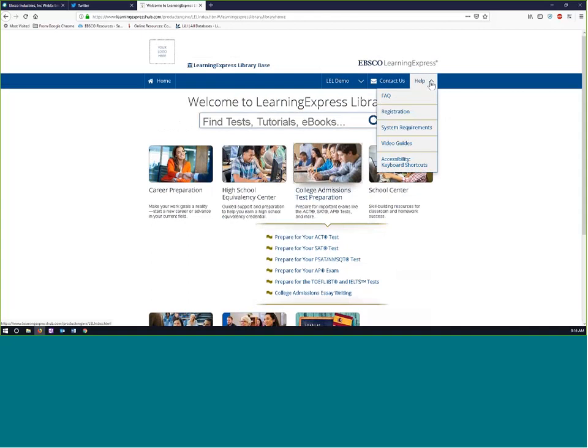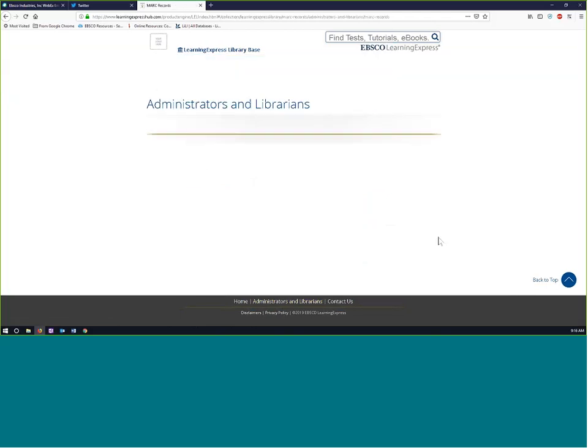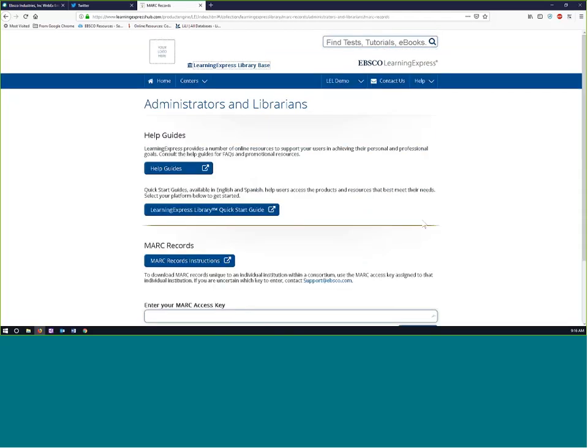But just to round out here, help resources. There's an FAQ for users. We have some video guides that explain how to use the platform. There are keyboard shortcuts for accessibility and things like that. Down at the bottom, there's some support for librarians and administrators of LearningExpress with some help guides and other information. And this links out to our support site, where you can find promotional materials, posters, flyers, graphics,